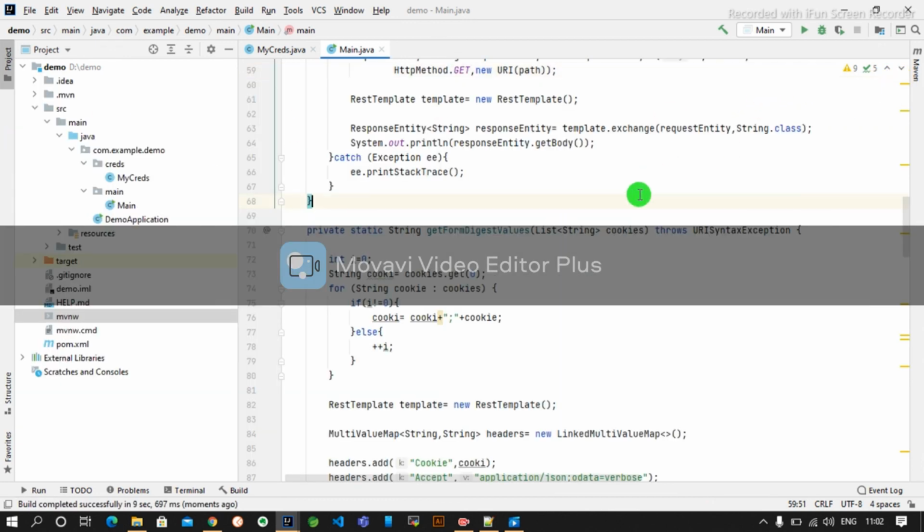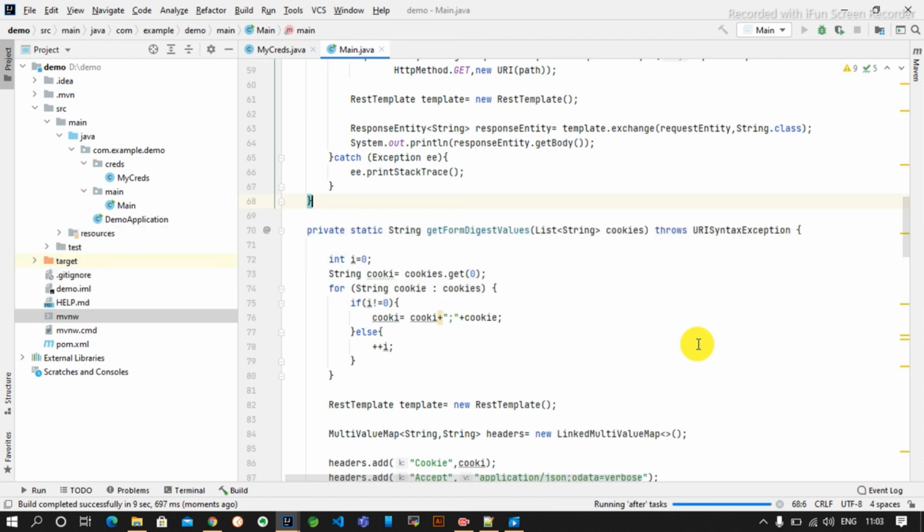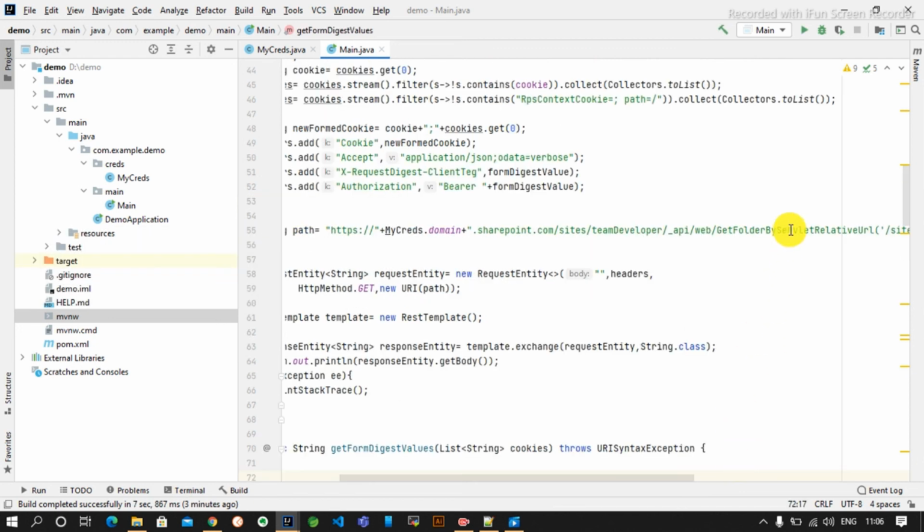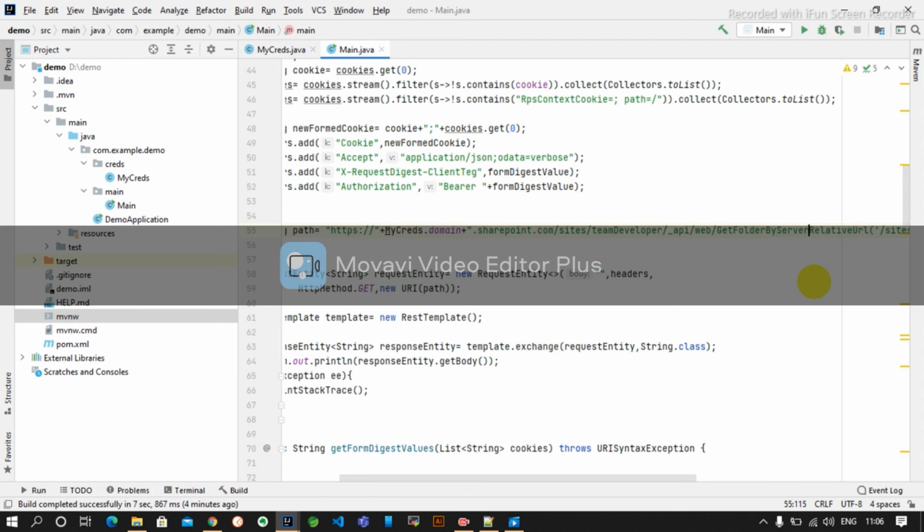Sorry, I made a couple of mistakes that I have rectified. As you can see, I made a mistake: it's not get folder by servlet relative URL, it's get folder by server relative URL.